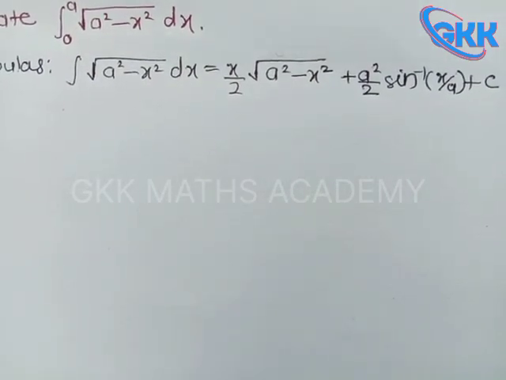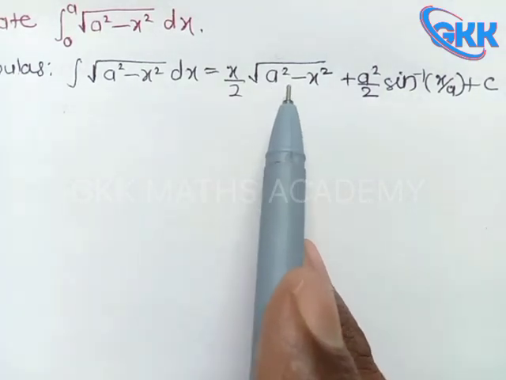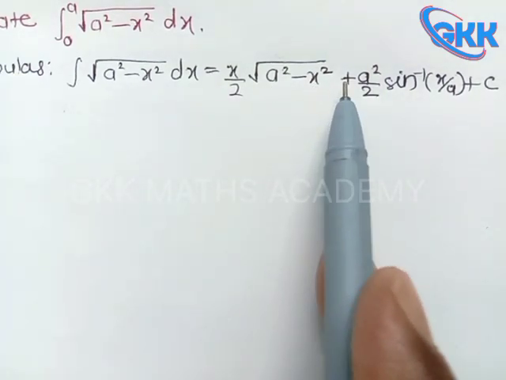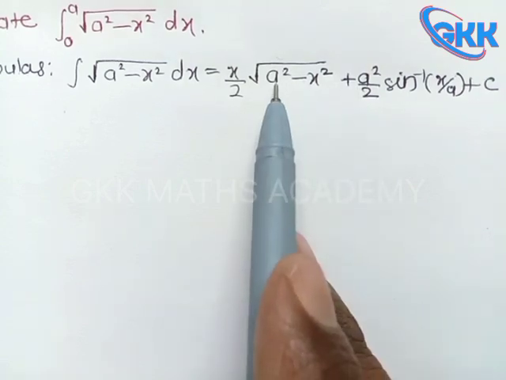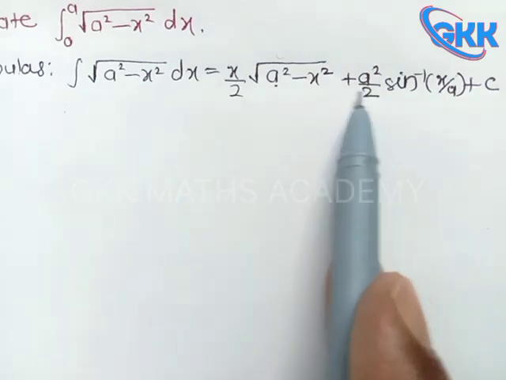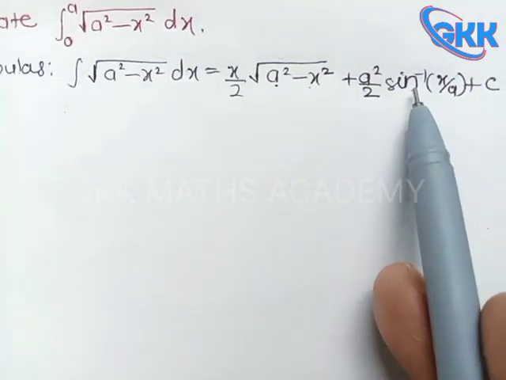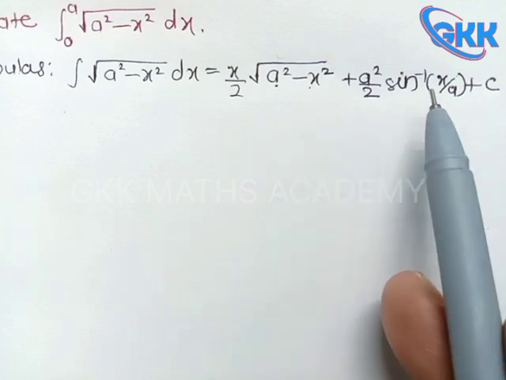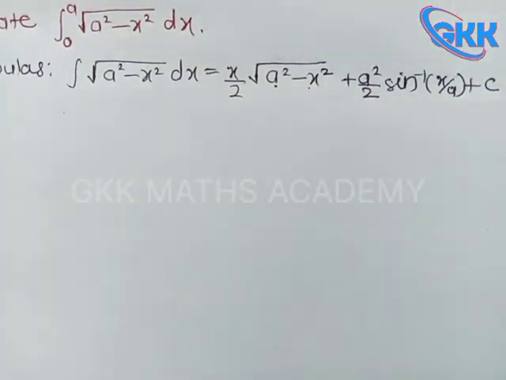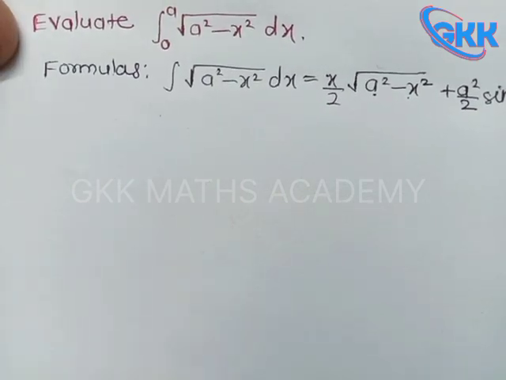For the integral of the square root of a square minus x square dx, the formula is x upon 2 times the square root of a square minus x square plus, here we need to check the a square coefficient: plus means plus, minus means minus, a square by 2. With x negative we get sine inverse, x positive gives cos h inverse, both positive gives sin h inverse, according to the formula. This is the first formula we are using, and the second formula,